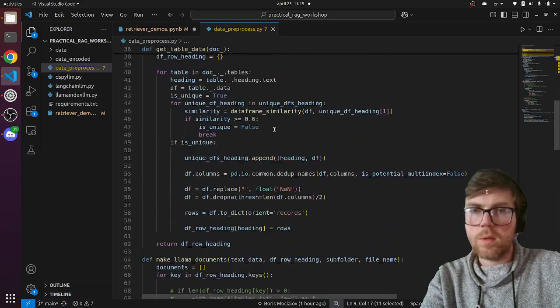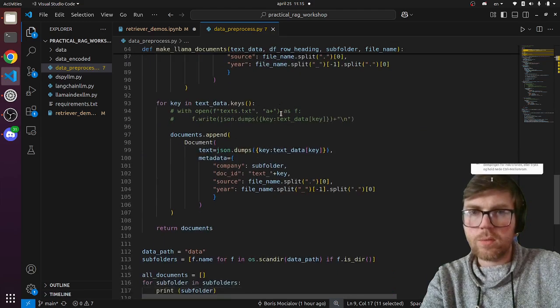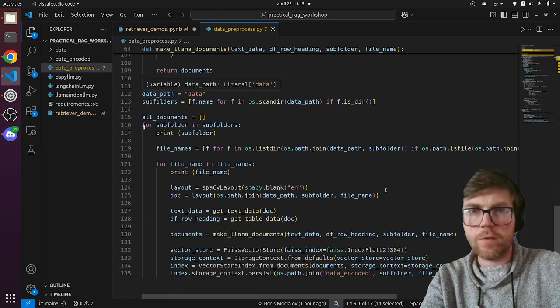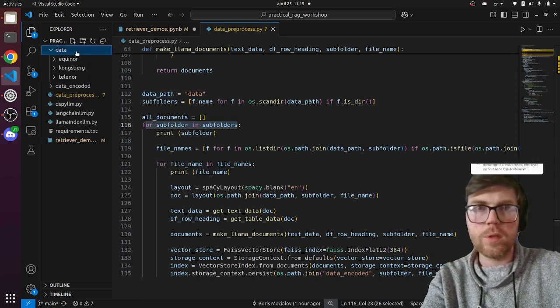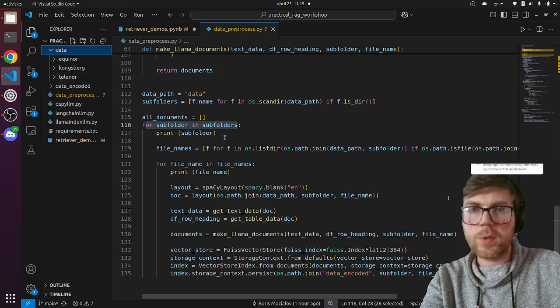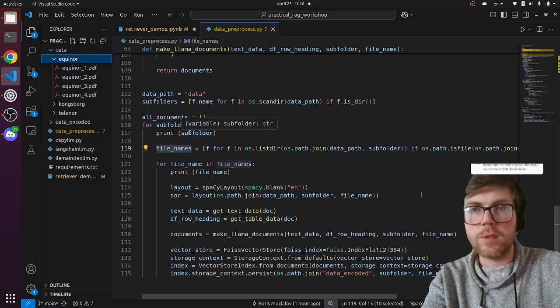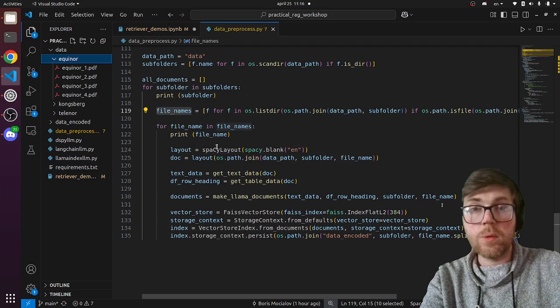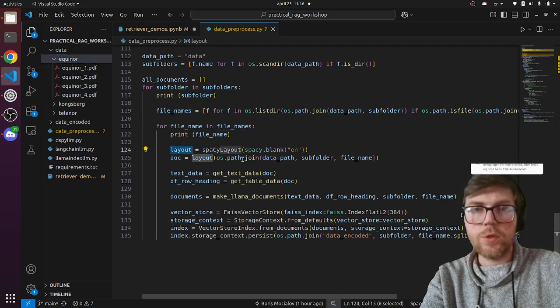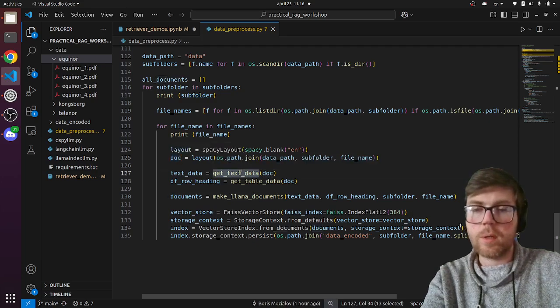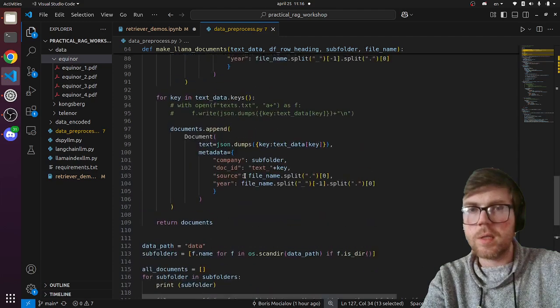So now let's move to the main part of the code, where we have a for loop. We'll be iterating the data folder. We have Equinor, Kongsberg, Telenor. For each of those folders, we'll find the files, obviously PDFs, inside each folder. Then we'll use spaCy Layout to consume each PDF. This is stored in the doc variable. And then from this doc variable, we're only going to be extracting text data and table data. So if you look inside the text data method,